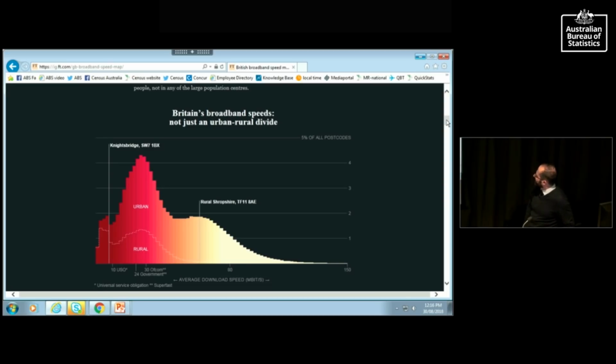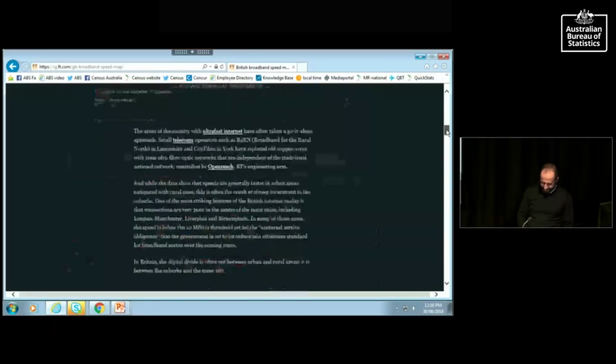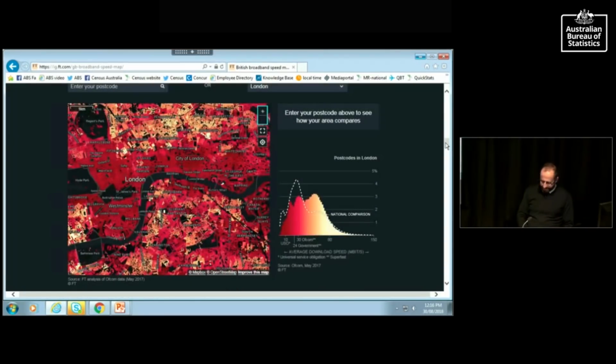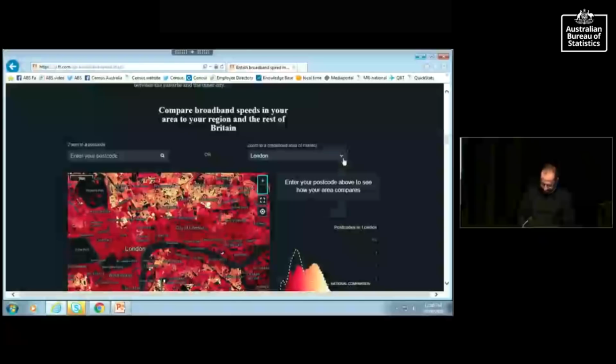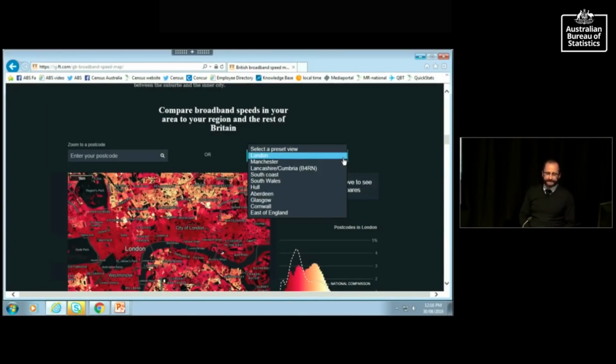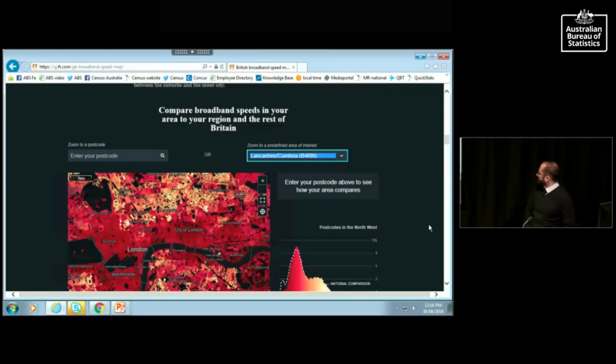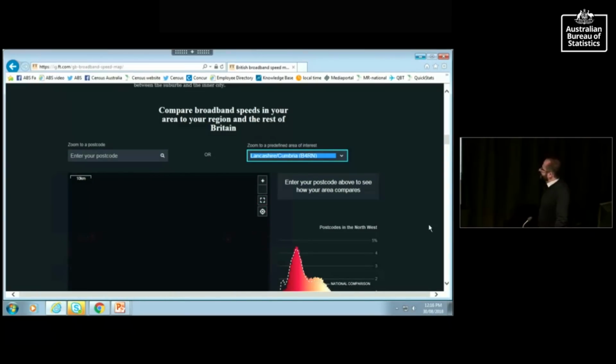One of the things that was interesting about it is we traditionally assume that rural areas are much slower than urban areas, and that didn't necessarily seem to be the case. We actually had areas of central London with very low broadband speeds, and we found, do you want to see where the fastest internet in the whole of Britain is? We made an interactive map, all right? So what I'm going to do, I hope this works, we've got some pre-selected stories in this interactive, things that we've reported on. And the fastest internet in the country, get ready, we're not in London,